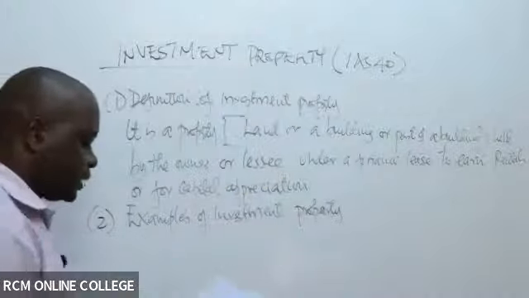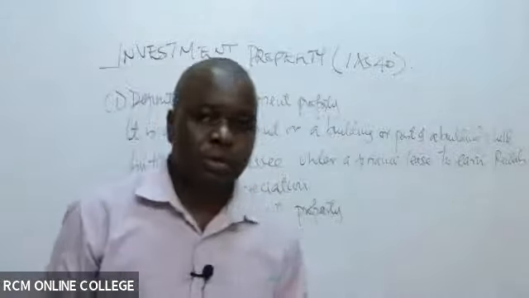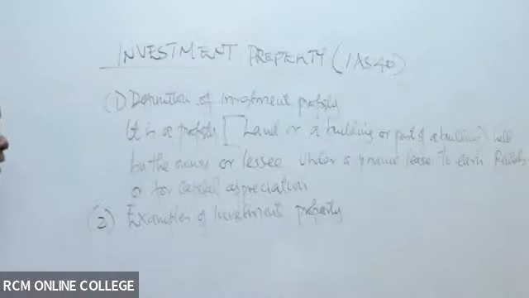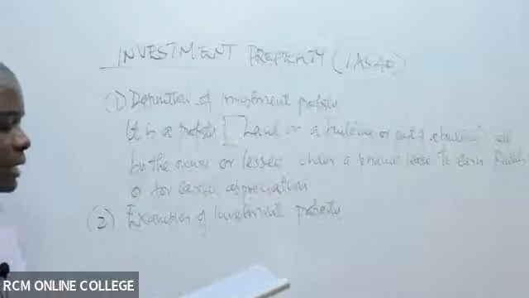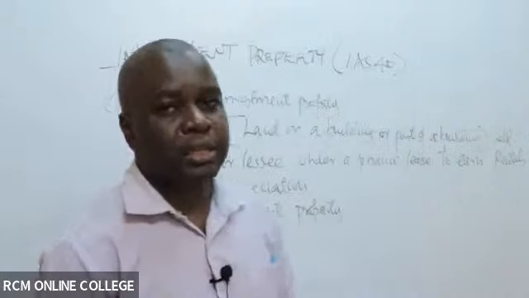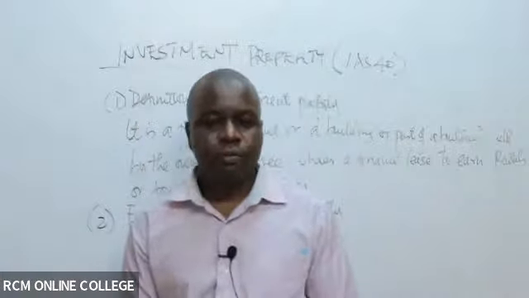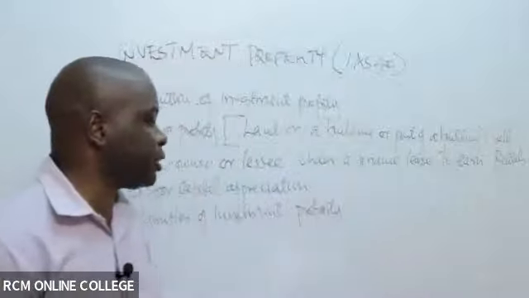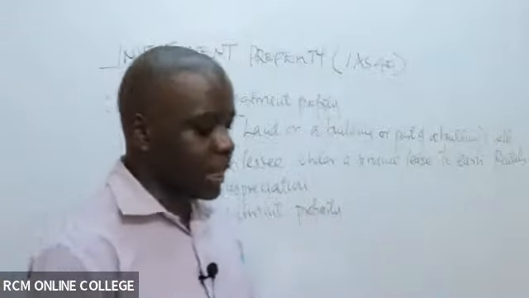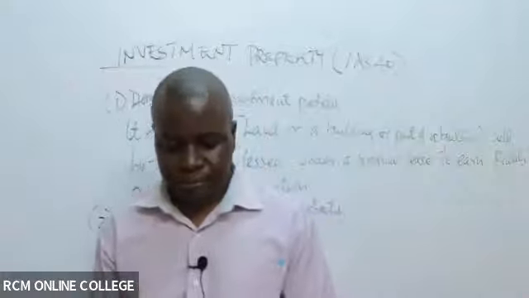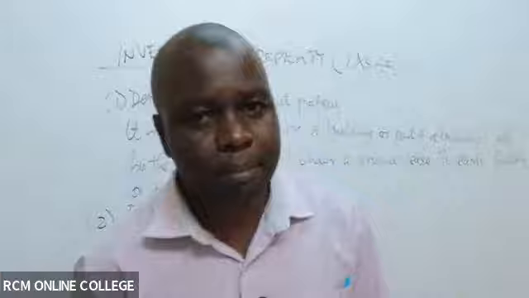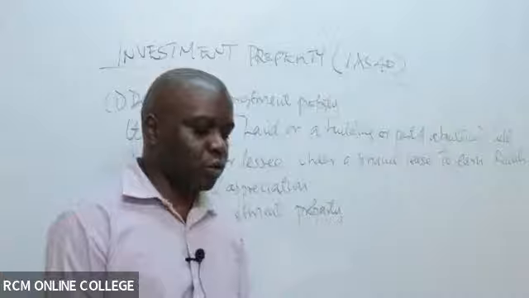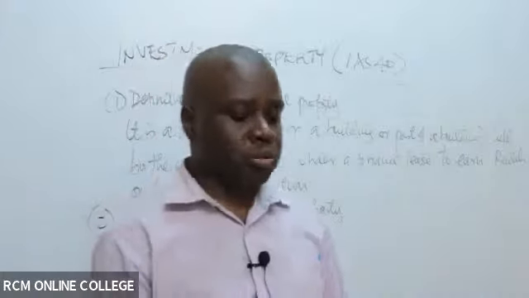Examples of investment property. Number 1, you can write: land held for long-term capital appreciation. If you don't get the point, just kindly tell me to repeat and I'll repeat. Land held for long-term capital appreciation. Then number 2,